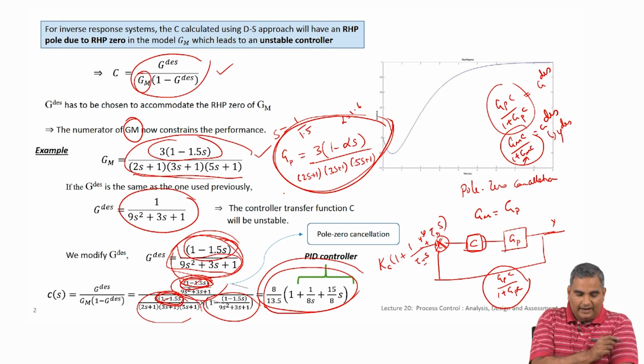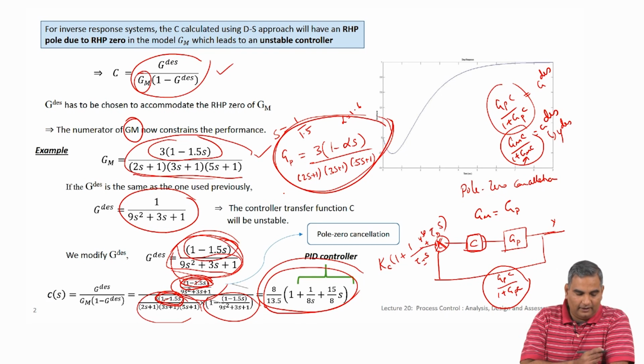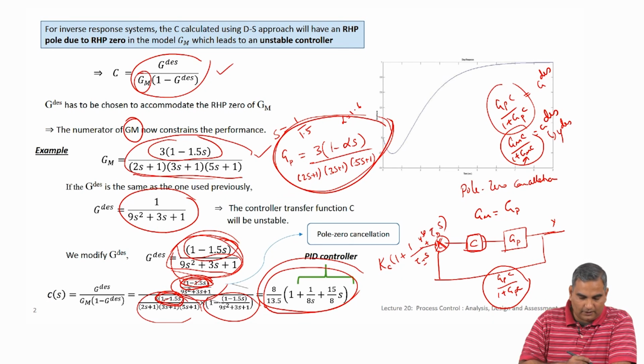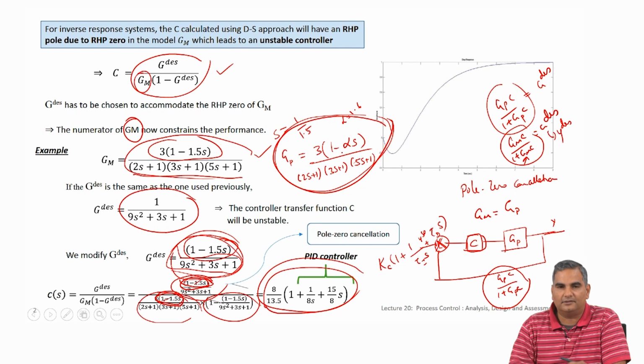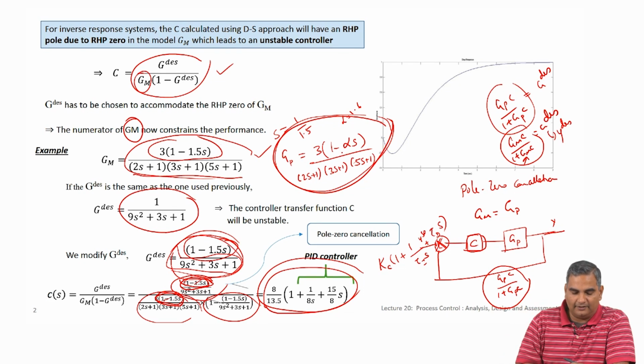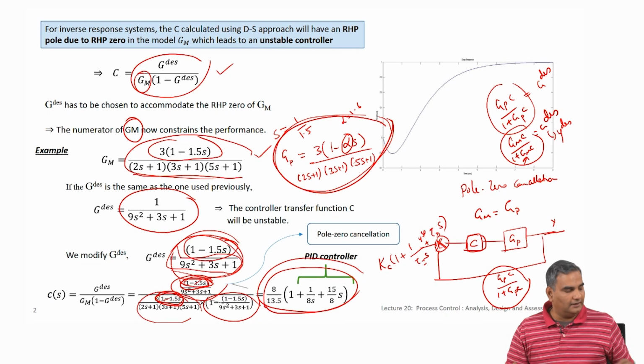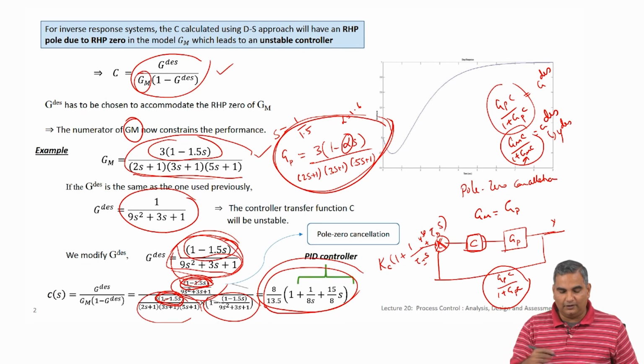So, in the next slide I will show you an example where assume that you have this model and then you designed your controller, but let us assume the process itself is slightly different, its RHP 0 is at some other location. Now, we might ask the question what will happen, how will the performance change, I am doing a pole 0 cancellation, will I still have a stable closed loop and so on, how much uncertainty can I have in this value while I still maintain my closed loop to be stable. So, these are things that we can see.